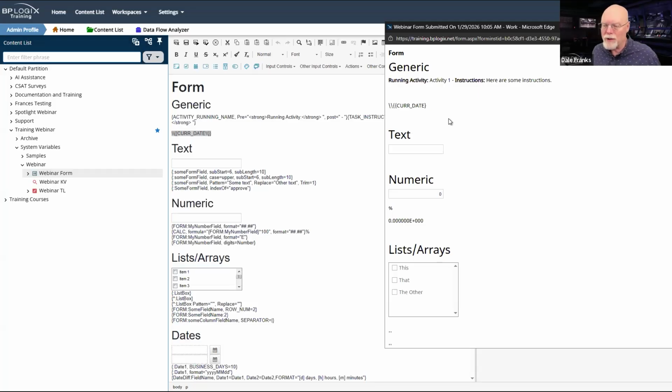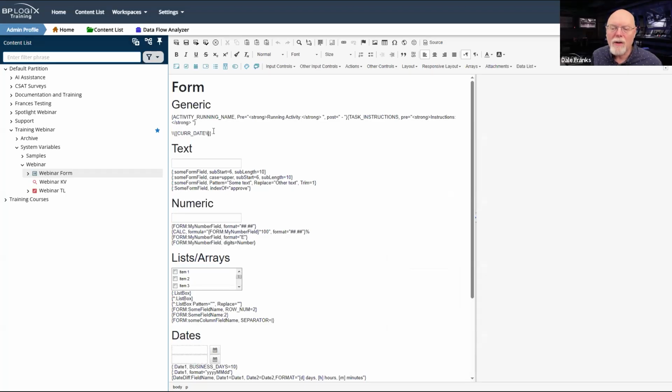Curly brackets are troublesome sometimes because in Process Director, curly brackets are reserved characters. They always identify a system variable. So anytime the system sees curly brackets, it wants to interpret a system variable to pull back either your data from the form or your process or whatever it may be. But by hitting the double slash, you can actually escape the curly bracket.